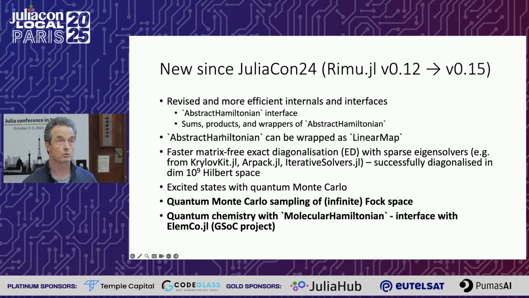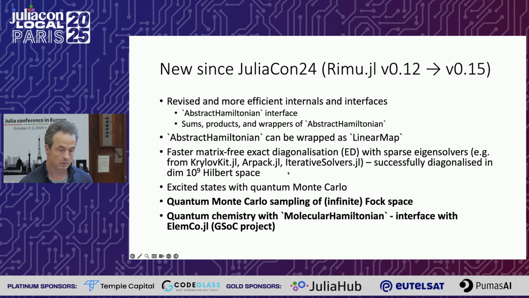It's now easier to generate your own model Hamiltonian because you can now add already existing Hamiltonians, products and wrappers for abstract Hamiltonians. We have a very efficient way of wrapping this as a linear map, which made it much faster to do matrix-free vector multiplication and then matrix-free exact diagonalization, where we can just use existing Julia